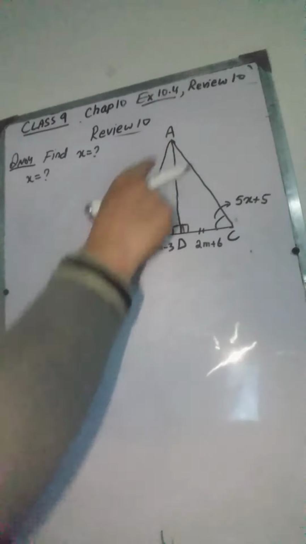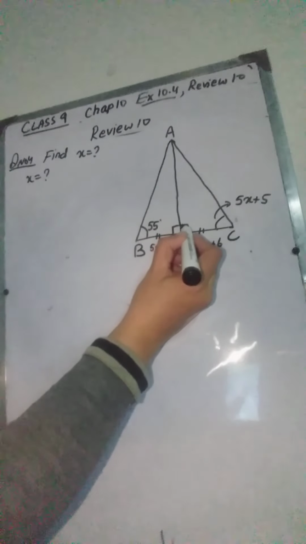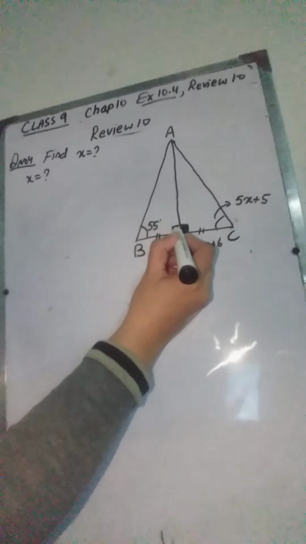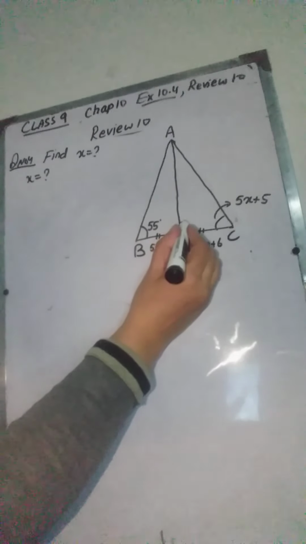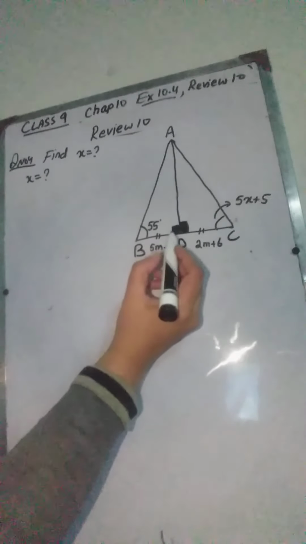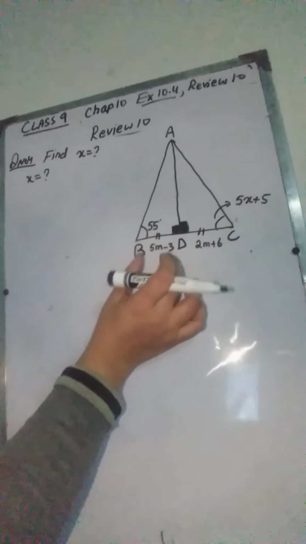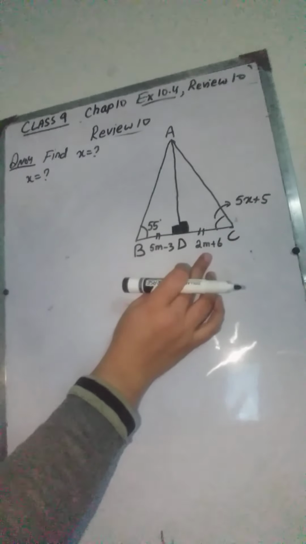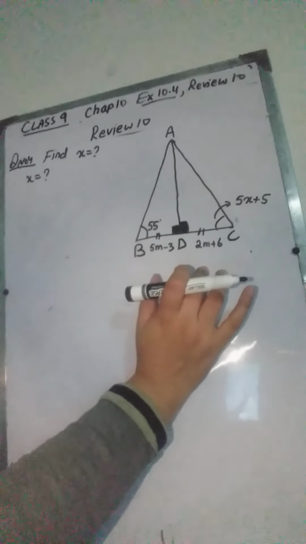Now we are given the figure A, B, C, and here we know that this is a right triangle because these are given as 90 degrees. Both these angles are 90 degrees. This angle is also 90 and this is also 90. Also, it is given to us that the sides BD and DC are congruent. They have indicated that these two sides are congruent, and we have to find the unknowns, x and m.